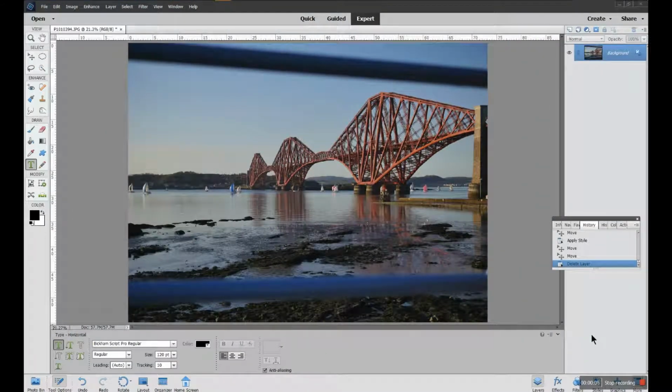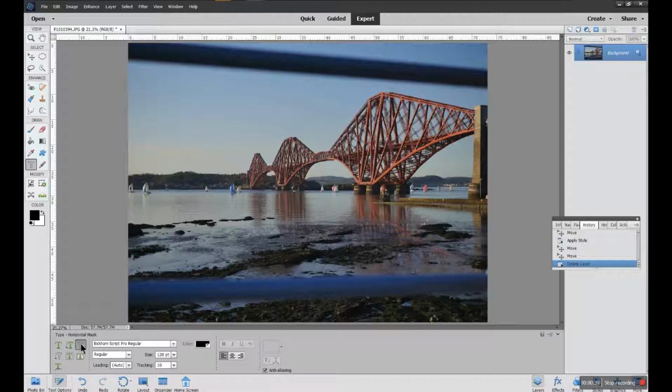Hi, it's John Glynn, and I'm going to be looking at the text tool again, but this time it's going to be the horizontal mask tool, the text tool down in the bottom here. Click on your big T in the T box in your toolbox on the left-hand side in the drawer options, and choices appear at the bottom of your picture below your photograph, and one of these choices will be this horizontal type mask tool,